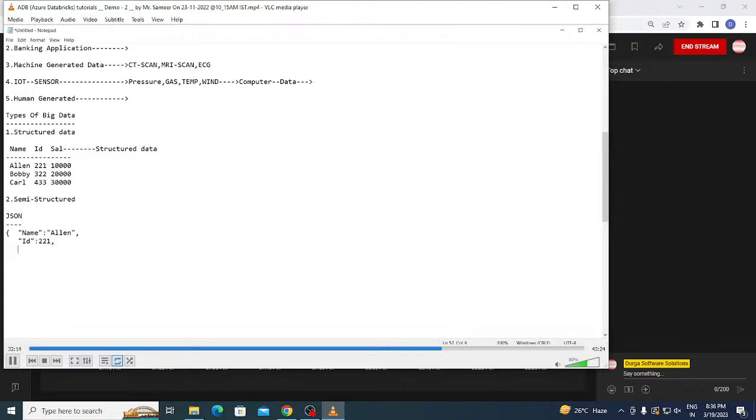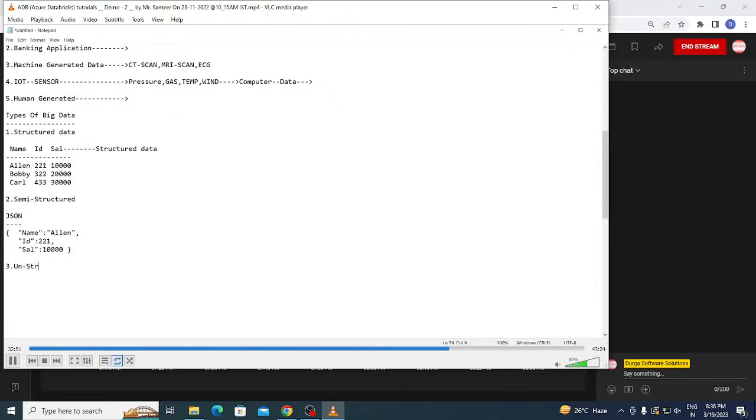Again, under this, we have salary. This is also numeric data, so you can leave it as it is. Do not place it under quotes. And finally, after this is done, the data is closed with the braces. Can you see this kind of data is called semi-structured data. This kind of data is called semi-structured data. And now finally, the third one is